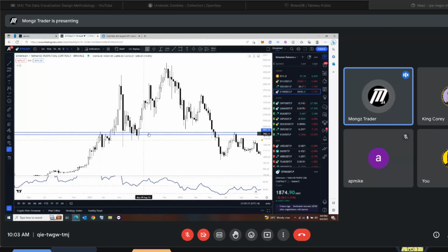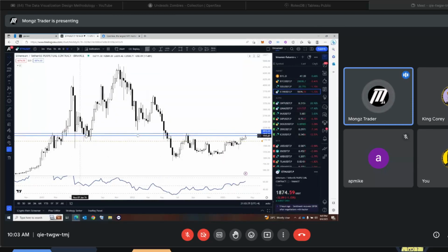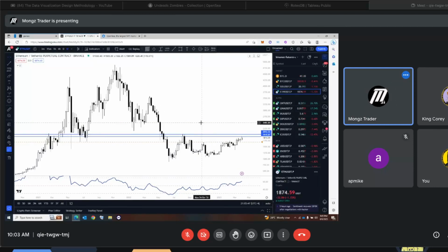You see this? This is a strong key level of support, right? So this is where the reaction is. So we need to take this out in order to move higher. But so far, as per my reading here, we got the base already. So ETH and BTC creating a nice base consolidation. We are not yet